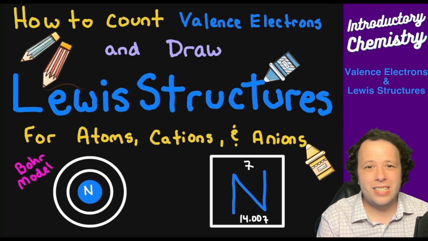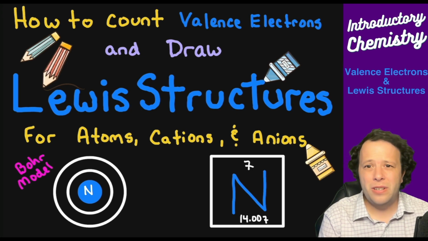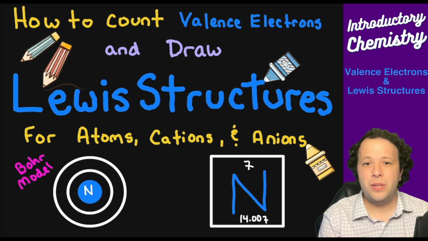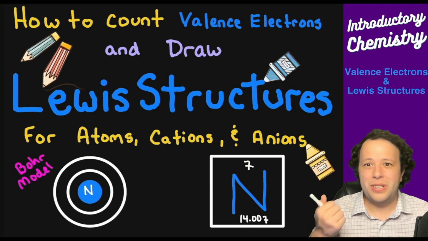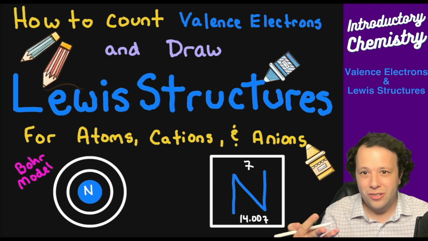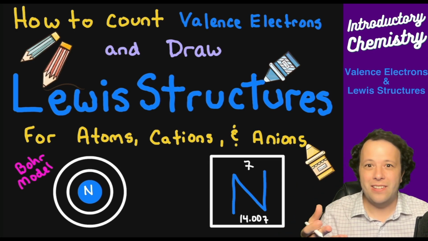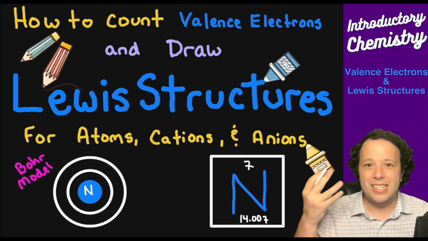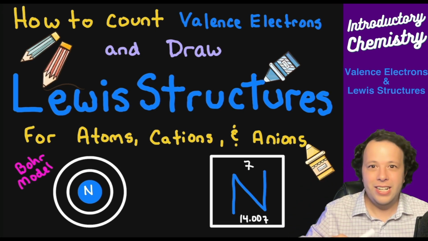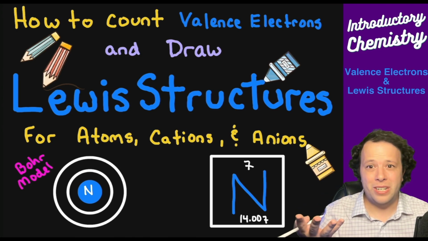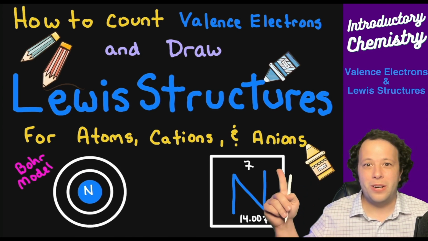So the first thing is, let's say I have nitrogen, which, if you remember from your chemistry class, has an atomic number of 7. So if you remember, what is an atom? Atoms are inherently neutral, meaning they have the same number of protons as they do electrons. So for something like nitrogen, if it has 7 protons, being that we have our number here, then it